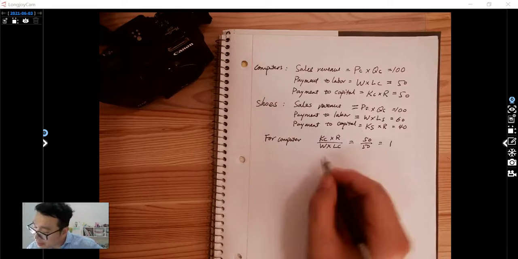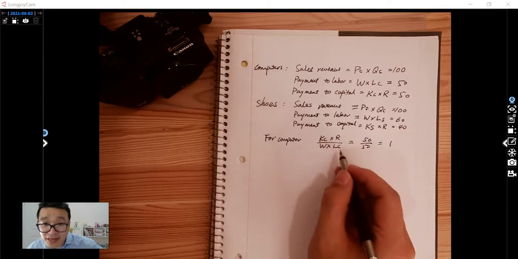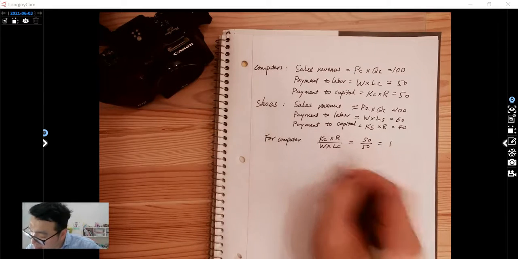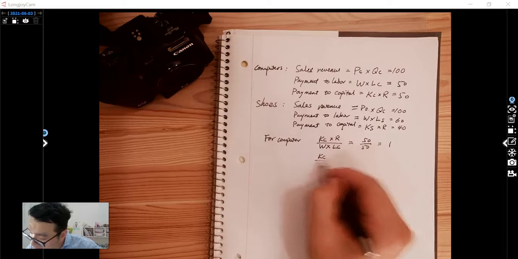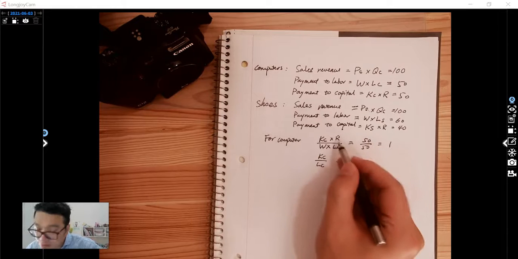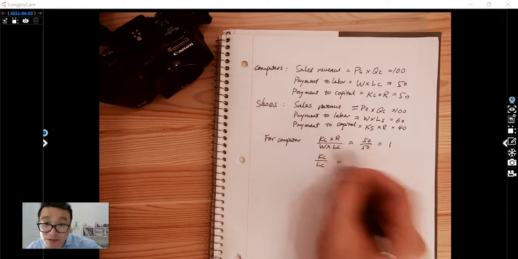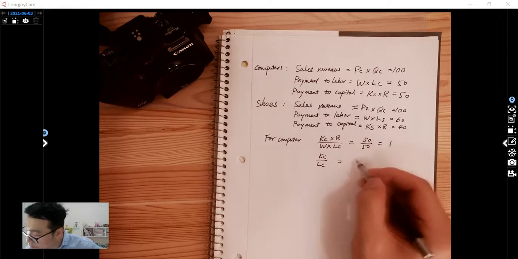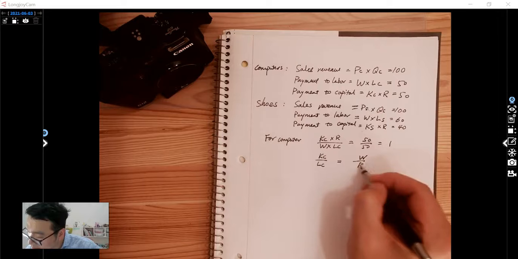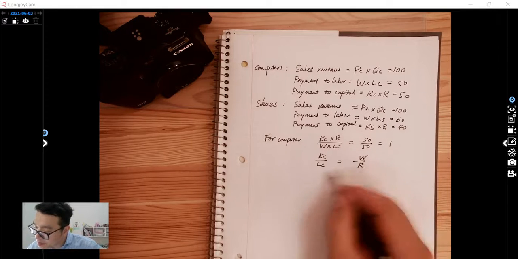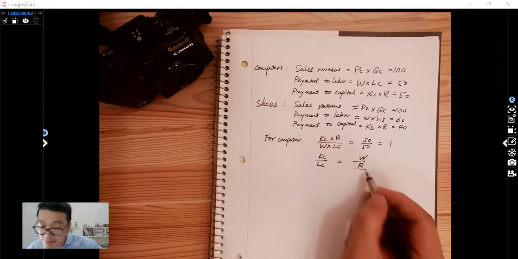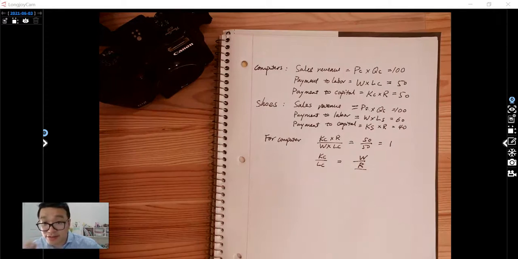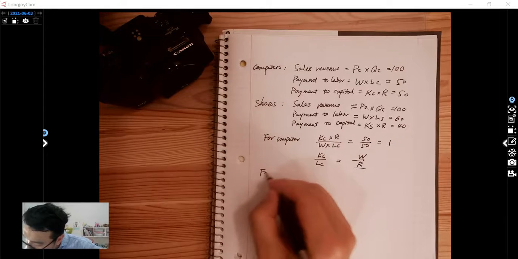And if we only care about KC and LC, then we can see this KC over LC equals how much? We multiply by W on both sides of this equation and then divide by R. So we got 1, we multiply by W on both sides, divide by R on both sides. So KC divided by LC equals W over R for computer. And for shoes,